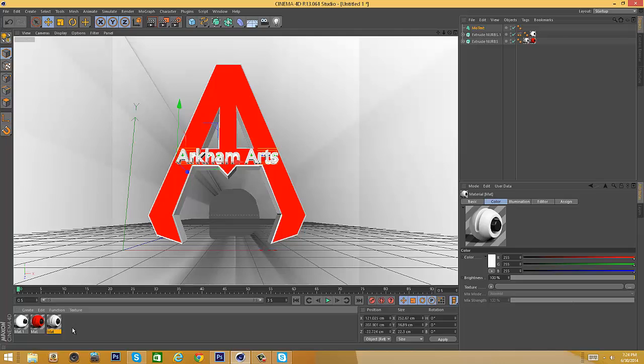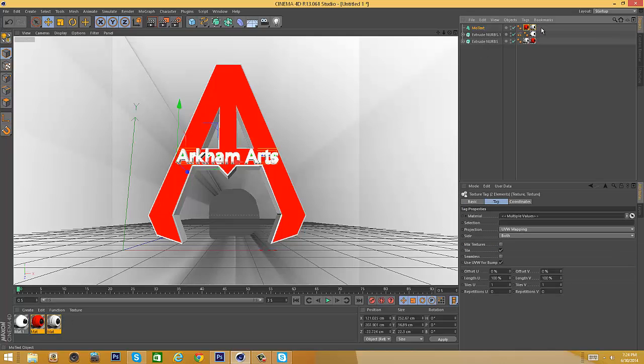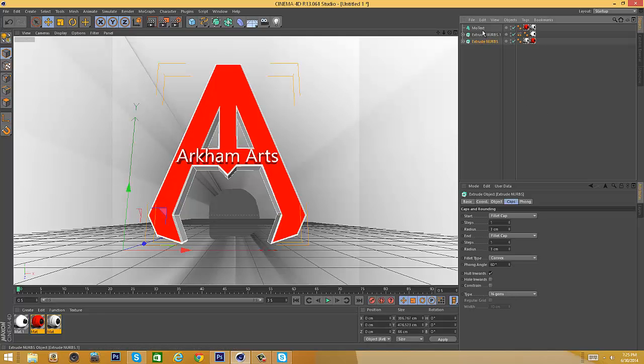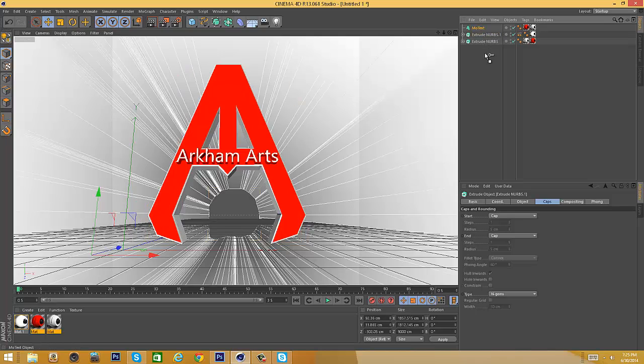And I'm gonna drag these two on the MoText, position the red on the outside. Actually no, I'm gonna keep it like this, and I'm gonna click on the white, and I'm gonna put capital C 1. And now instead of the red on that, it's gonna be white instead of red, and the red is gonna be the outline. And now I'm actually gonna bring this down. I'm gonna rename this to light,